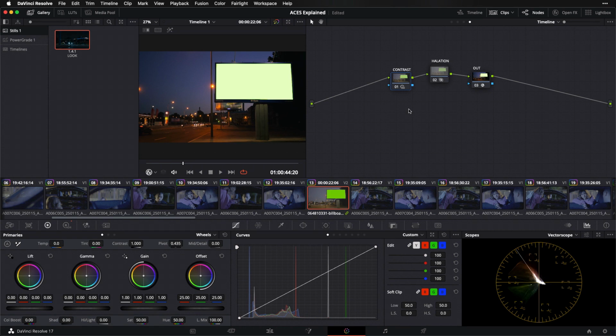Anytime I want to get slightly softer shadows, I know that I'm going to want to use ACES CCT as my working space. Conversely, if I wanted to get really pure, deep shadows, I might instead opt for ACES CC. Give both a try. They both look and feel very similar until you start to manipulate things at the very bottom of the signal.